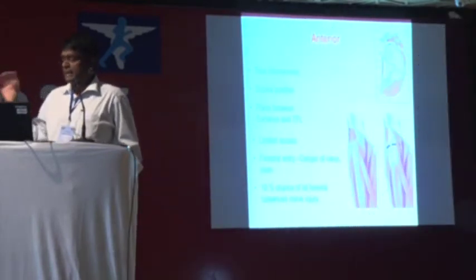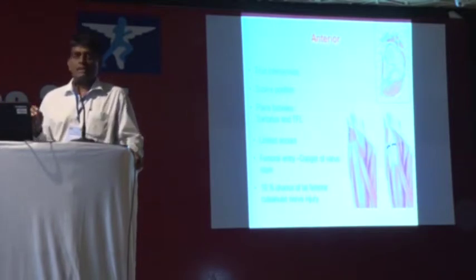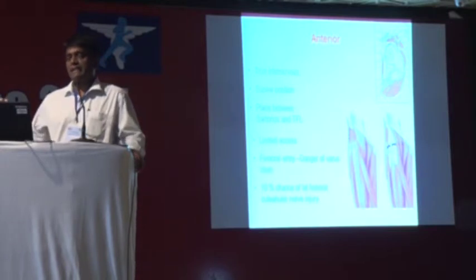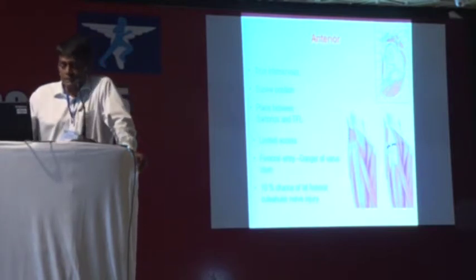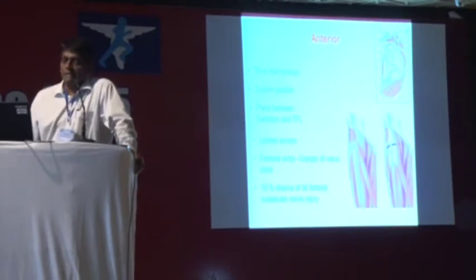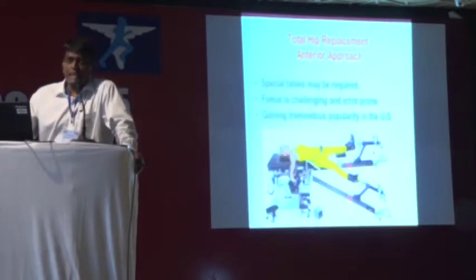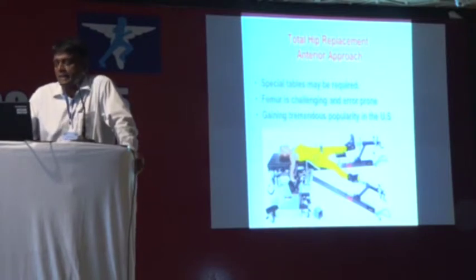And nowadays, when you say an anterior approach, you're talking about a true anterior approach, the plane between the sartorius and the tensor fasciae lata. Nothing else is the anterior approach. You've got limited access. The danger of a varus is very common. There's a 10% chance of lateral femoral cutaneous nerve injury. That's a high incidence of lateral femoral cutaneous injury. So if you're going to do this approach, certainly tell the patient that there is a very high percentage of nerve injury. Special equipment is needed, but nowadays surgeons are managing to do this without a special table.